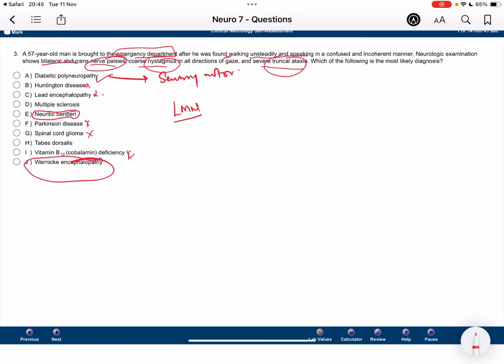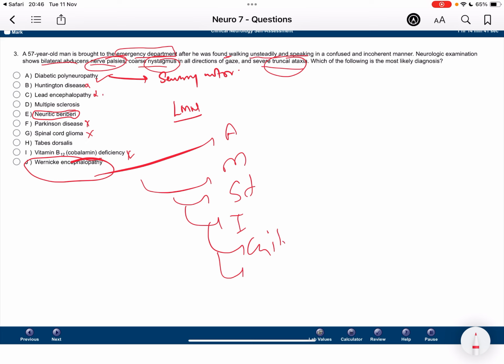What could it be? There could be excess alcohol intake, a patient with malnutrition, a patient starving, a patient in ITU, a critically ill patient, a patient on severe fasting who is started on some feed. That is one thing you will have to remember. Alright. So my answer here is Wernicke's encephalopathy.